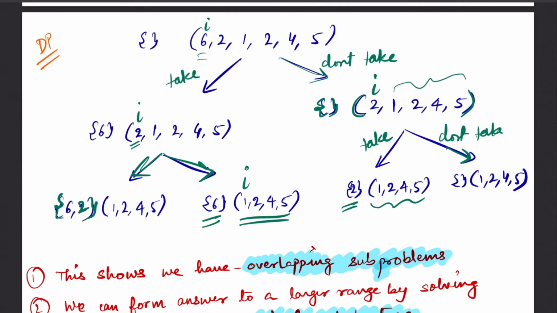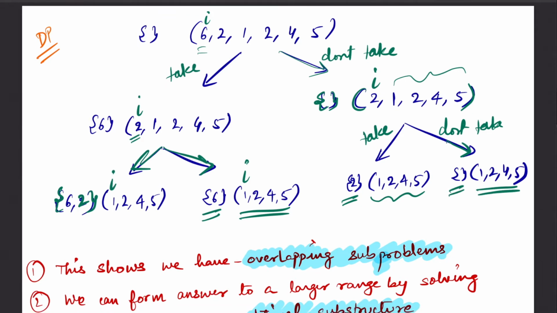We go here, we don't take anything in our subsequence, still we have 1, 2, 4, 5. So there are a couple of observations. Firstly, every time we are solving for the same range. Here I was pointing to this index and we are solving for this entire range. Here also I was pointing to the same index and we are solving for this range again. Similarly here also I was pointing to this index and we are solving for this range again. Same goes here, and every time we are just finding this answer for this range and returning it ahead.